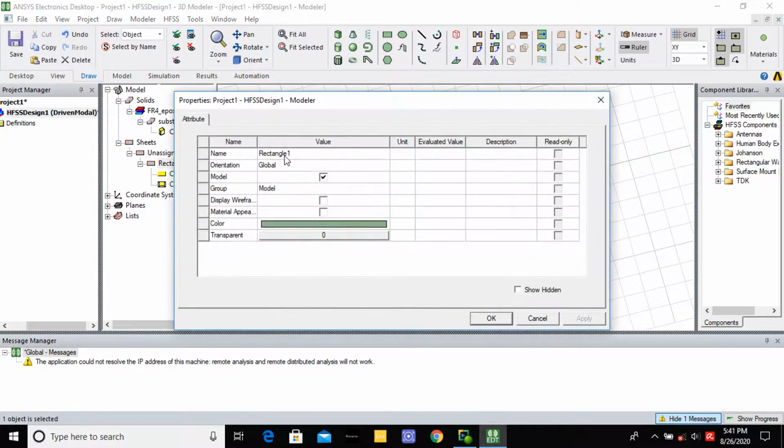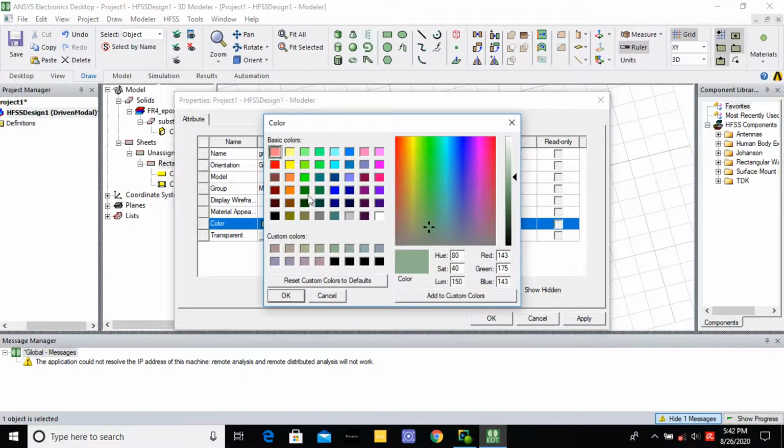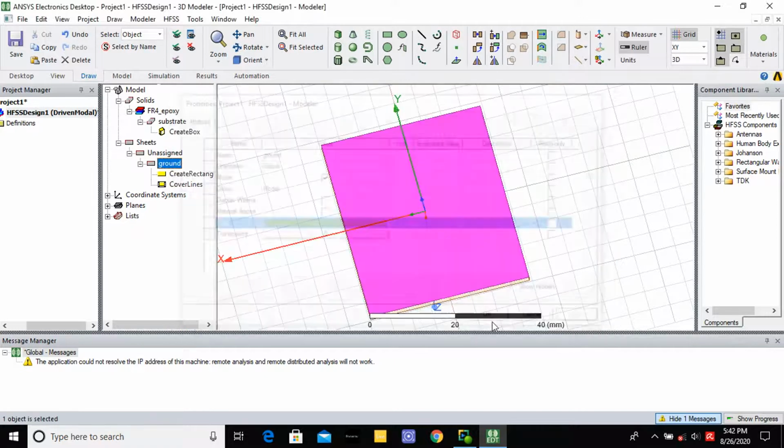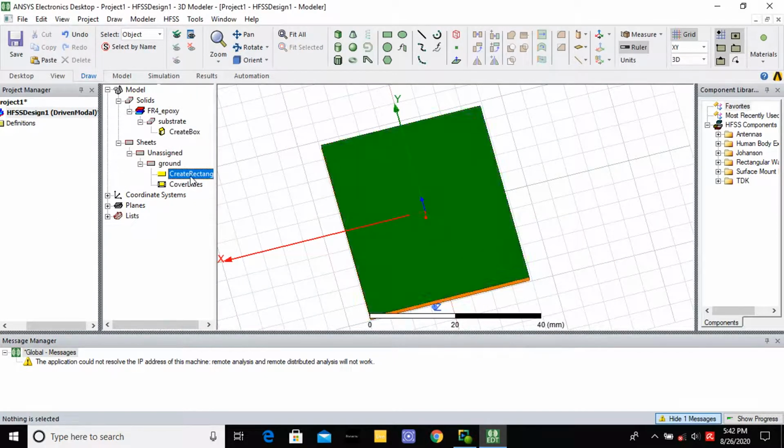Instead of rectangle 1, you give the name ground. You select any color; I am selecting green. Then you give apply, then OK. This is your ground plane.